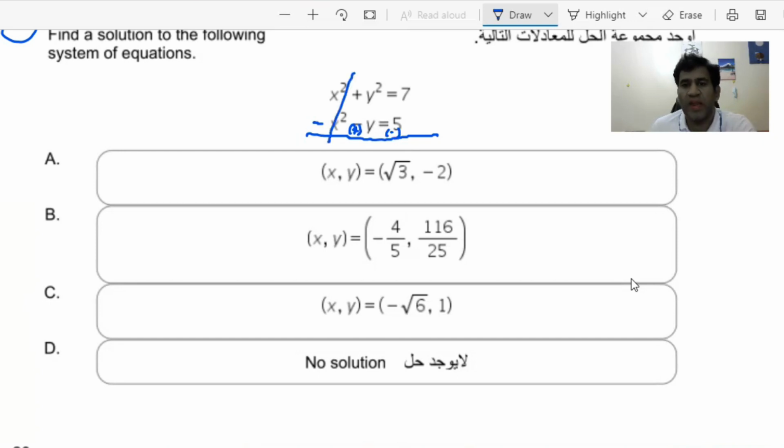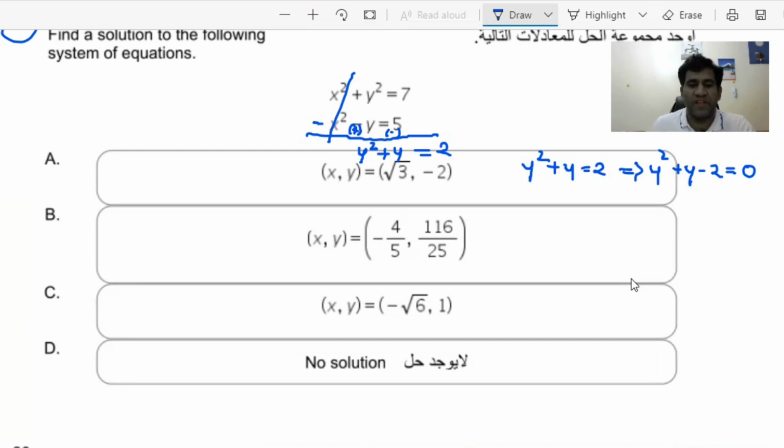And here there is nothing to add with y square, is there? So I can write this as y square plus y, because we don't have like terms to add, equals 7 minus 5, that gives you 2. Then you get an equation here: y square plus y equals 2. This can also be written in the standard form of a quadratic equation, y square plus y minus 2 equals 0.